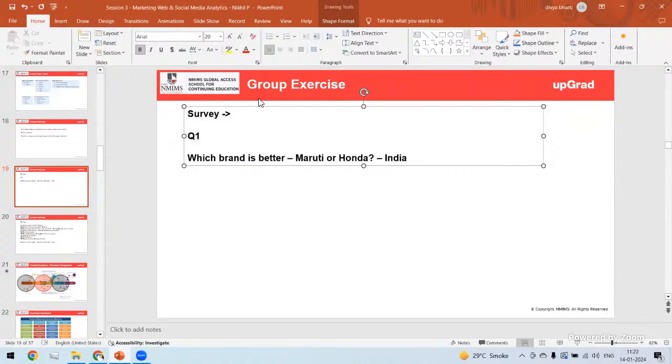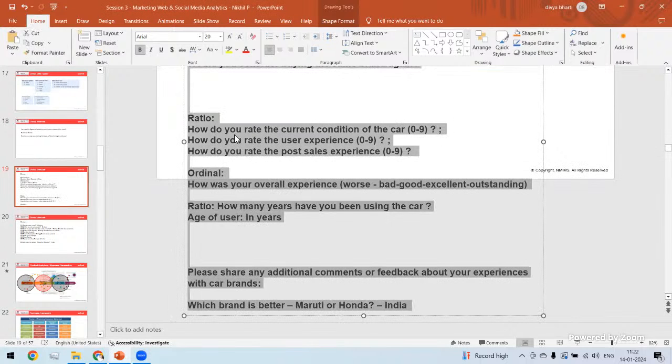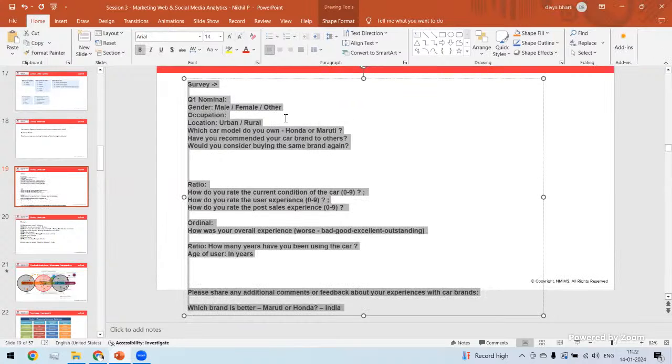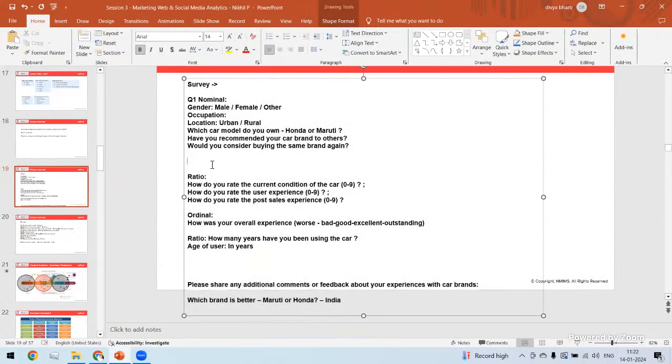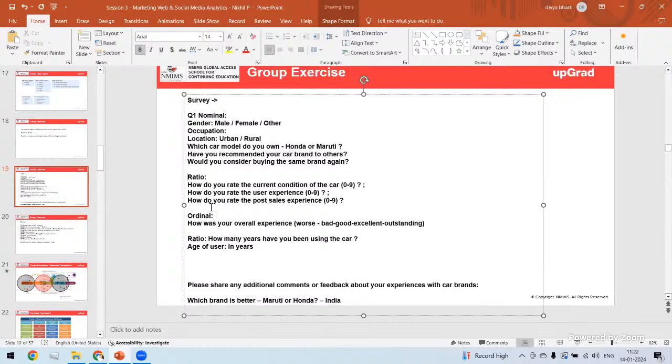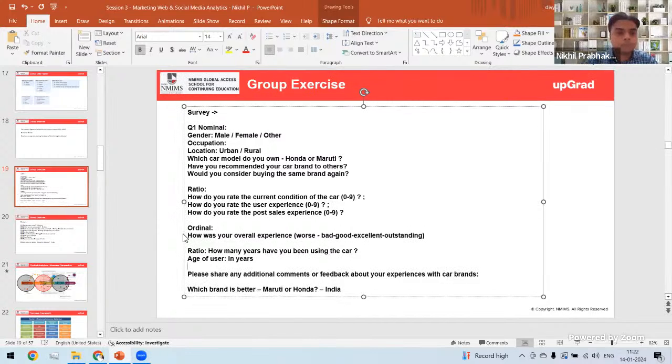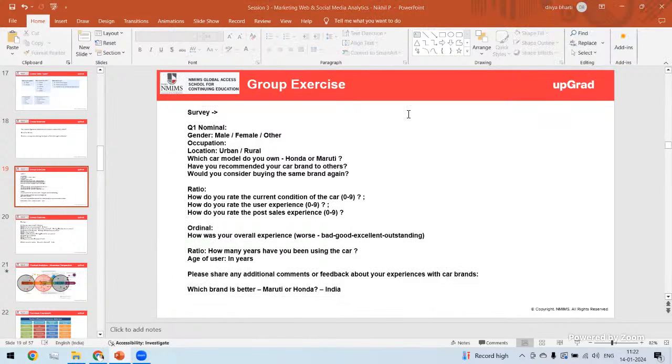So we started with a nominal question to understand the profile of the customer. We will ask the customer their gender, occupation, location, and which car model they own, Honda or Maruti. Further, we will ask them if they would like to recommend this particular brand to others, or would they consider buying the same brand again. Then we will ask